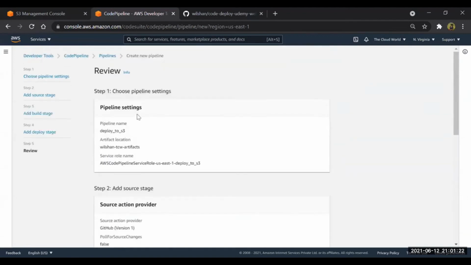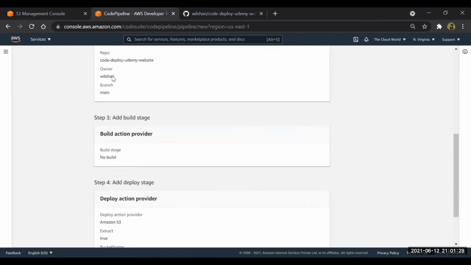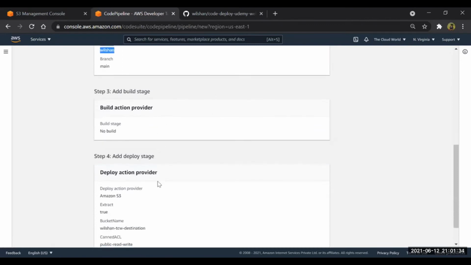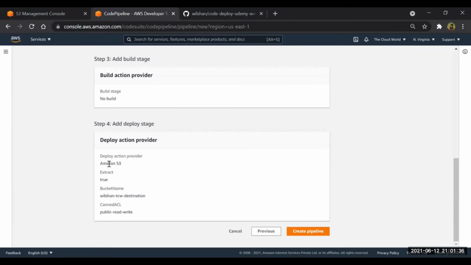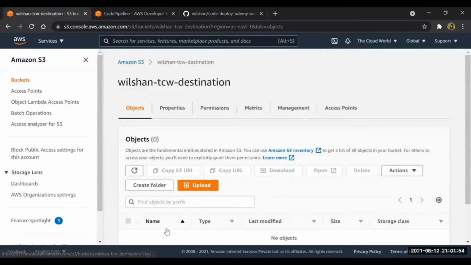Okay, so here we can see our pipeline. Everything is fine, looks good. GitHub. You can see my repo is also correct. Build stage we have skipped. The destination is the S3 bucket. The destination bucket is Wilson TCW destination. This is what we have created. Okay, great. Now create pipeline. As you can see, currently I don't have anything in this destination bucket.